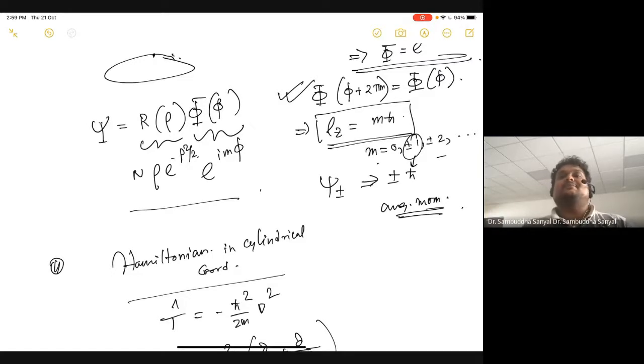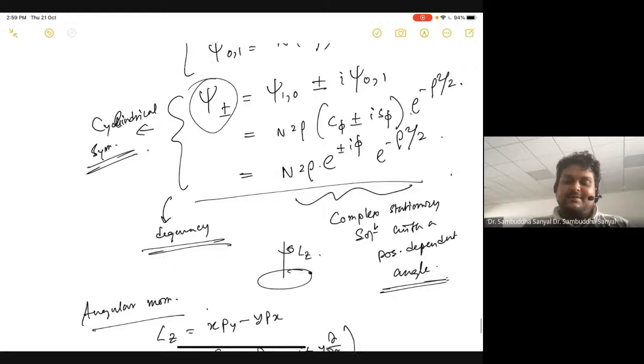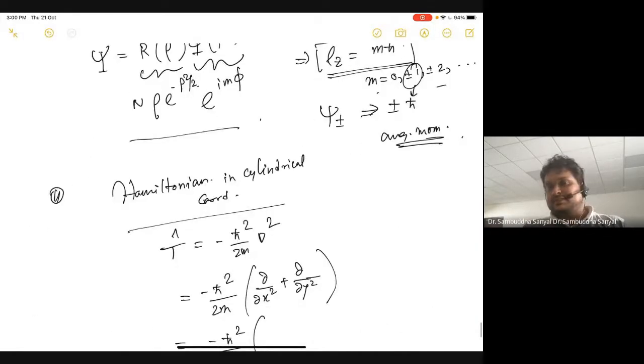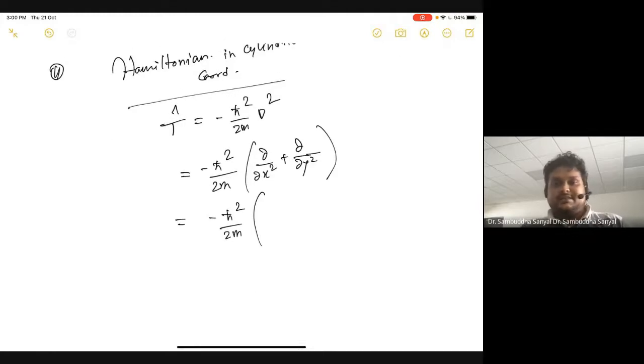In this problem, it might appear very trivial because you know that this problem has cylindrical symmetry. All I have to do is find the wave function in a way such that cylindrical symmetry is manifested. But in some other problem, the symmetry might not be so simple. It might not even be geometric. Then there is an unconventional approach: if you can find a solution and that solution is manifesting some symmetry, then you try to see what is the operator corresponding to that symmetry. So that is the reason I'm trying to build up this subject in this way. You might find it unconventional, but this is how actual work is done.